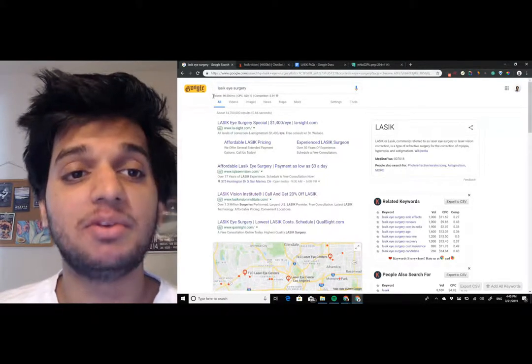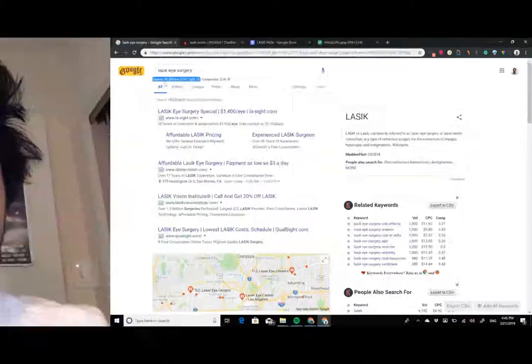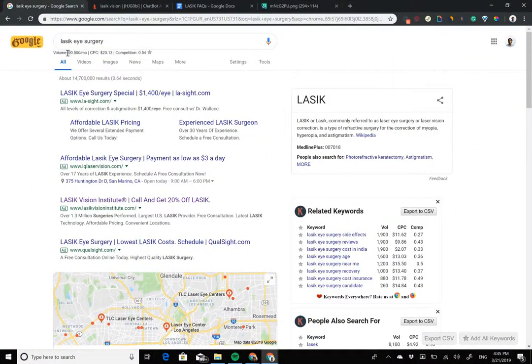It's actually pretty big from a marketing standpoint. I didn't know this until I started doing research about it. They get a search volume of about 90,500 per month, which is quite a bit. And the cost per click is $20.13. That means these four companies over here, which are running ads, are probably dropping tens of thousands of dollars to get leads from Google. So with that, I actually went ahead and clicked on the third link and found this